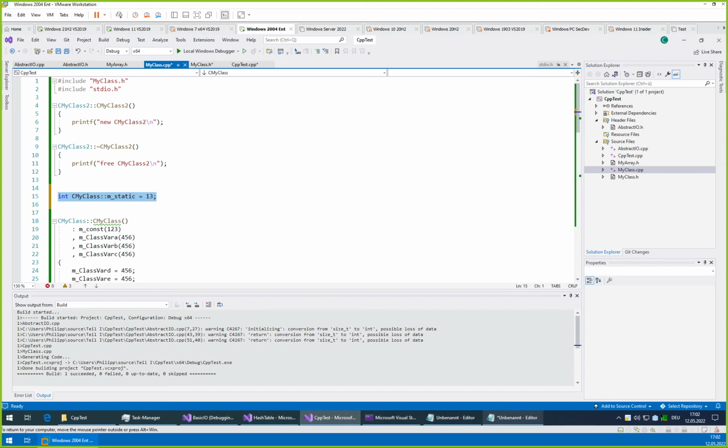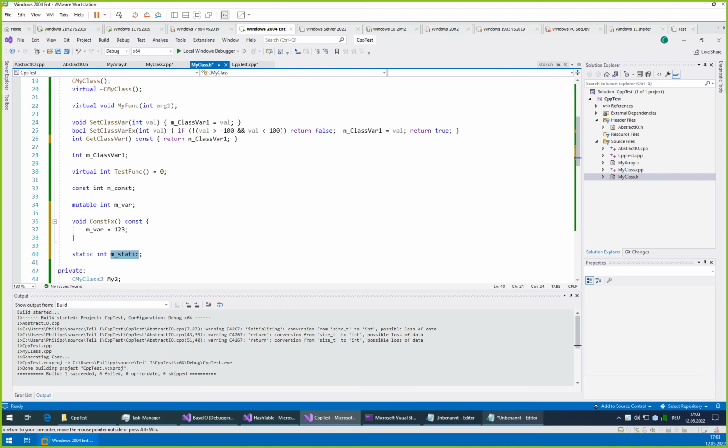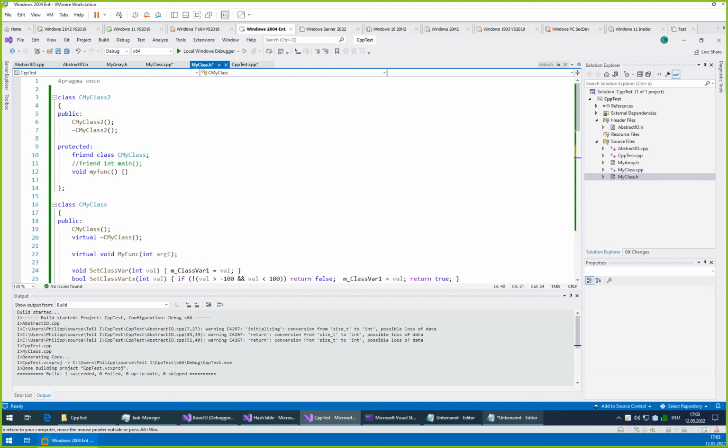So this variable will be located by the compiler in some writable memory region of the process, and all the classes that try to access this variable will all access the same instance of this static variable. This can be useful in various scenarios as well. One such scenario could be if you are creating a class which is referred to as a singleton. This is a class of which within any application always only one single instance exists.